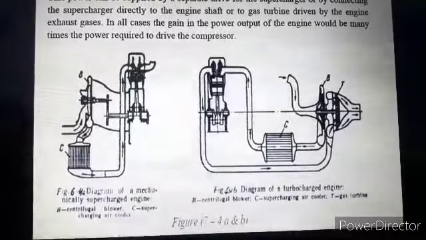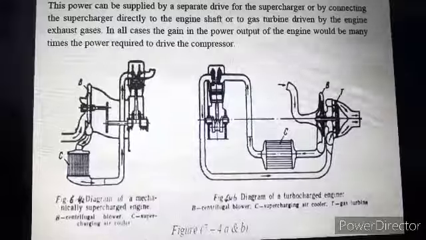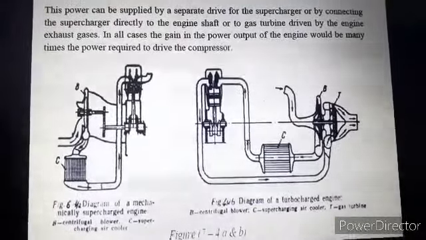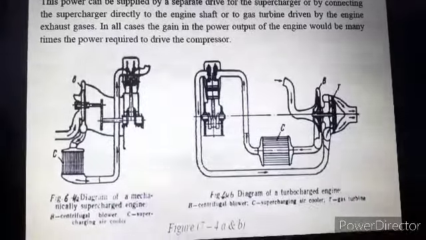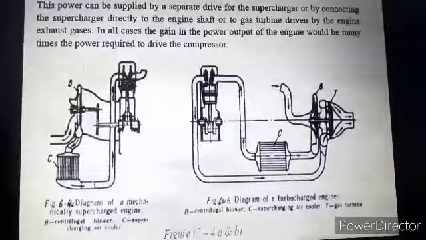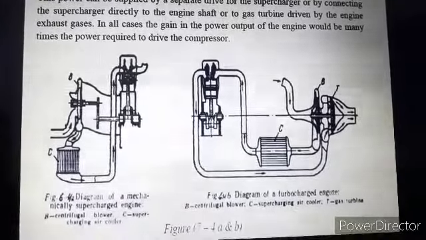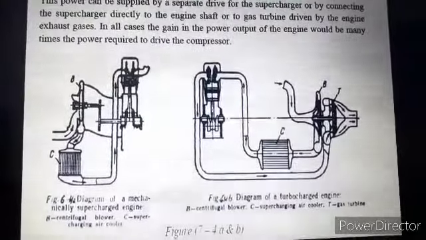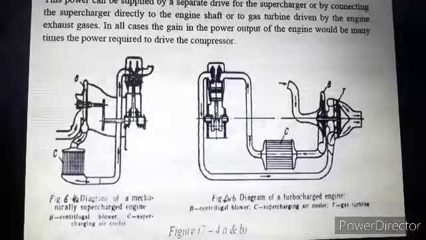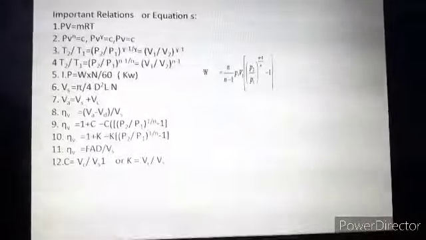Now after that we have seen the expression for indicated work for a compressor with clearance. Again we have derived the expression for mechanical efficiency, then volumetric efficiency, then isothermal efficiency. Again we have seen the multi-stage reciprocating compressor, and for it we have derived some additional equations. So all these equations we have to take into account for solving the numerical. Now let us proceed for solving the numerical.